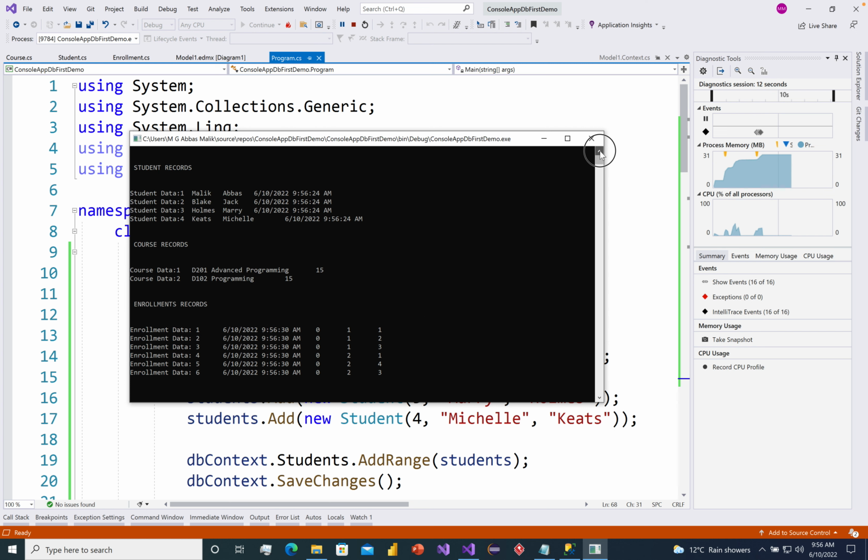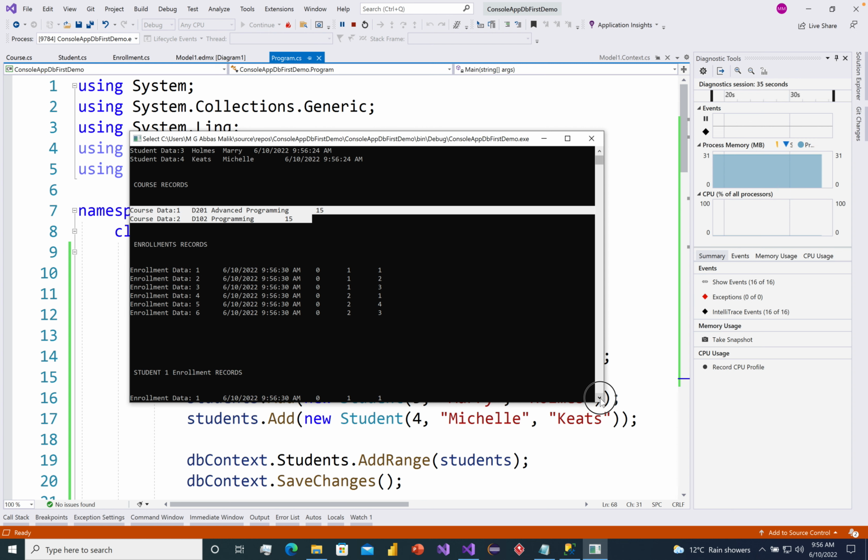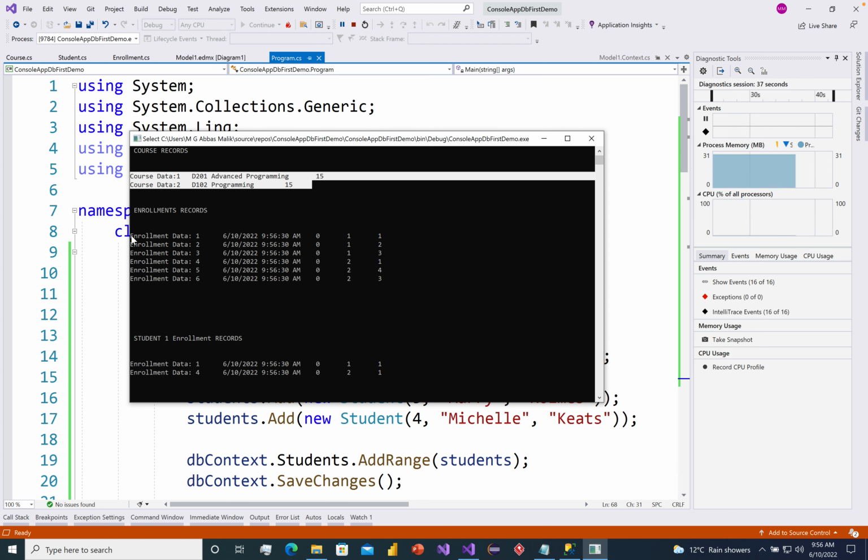So again, let me go back to the top. We have a student record, it shows me all 4 student records and their IDs, last name, first name, and the admission date. And then we have the course records, and again here it is showing me those course records. Okay, and if we go a little bit further, we have added the 6 enrollments, and it shows me those